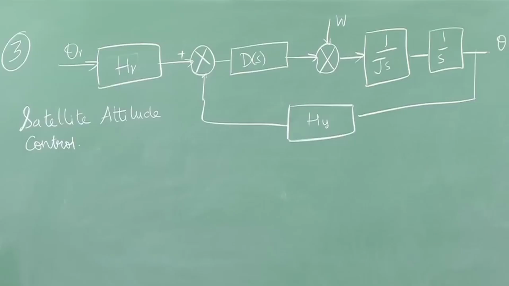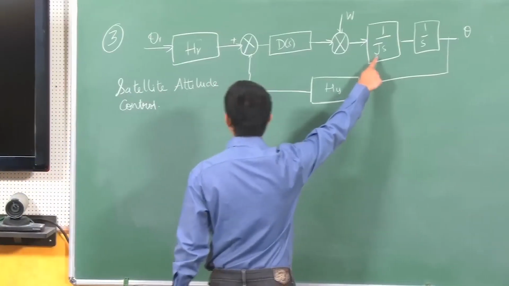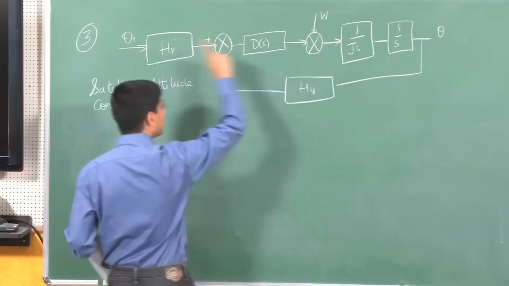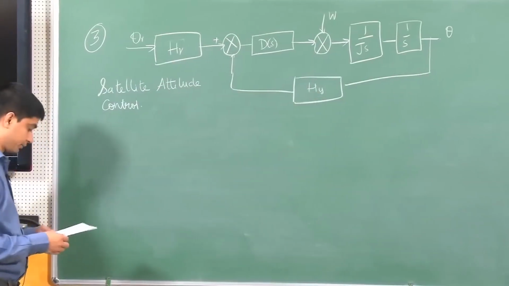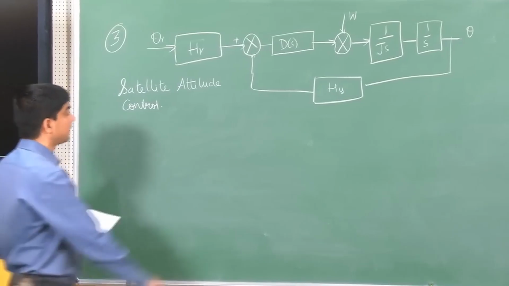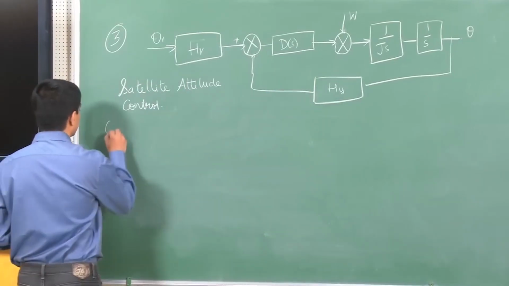Okay, so in the third and the last problem, we deal with again a very simple model of a satellite attitude control. So with J being the moment of inertia, you have a certain reference attitude, and then you have the actual theta, right? Okay, and then as usual, W is my disturbance torque. Okay, the first part